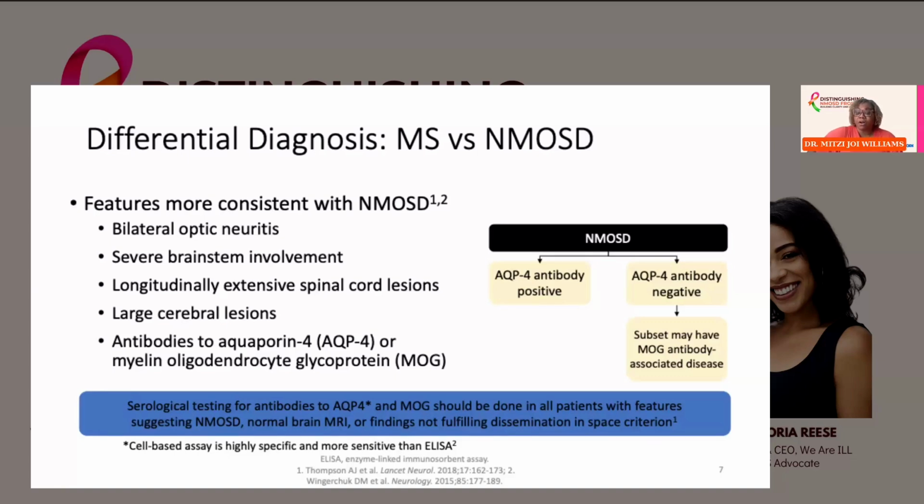Before we distinguished NMOSD as a disease, we used to call it tumefactive MS, meaning you had a big spot that looked like a tumor and led to many people having brain biopsies because we were concerned they had cancer, but they actually had demyelinating disease. And then, of course, there's this antibody that we talked about, the aquaporin 4 antibody, which is a simple blood test that can be done to determine if someone fits more into a category of NMO versus MS.